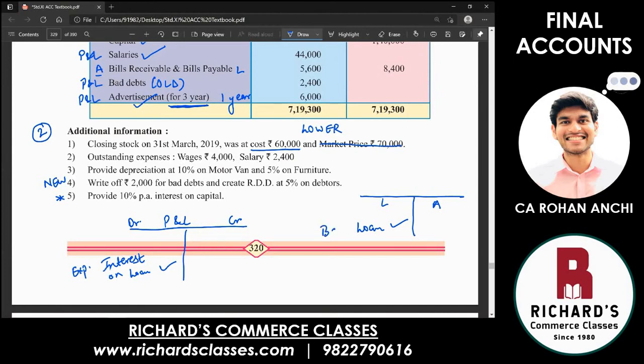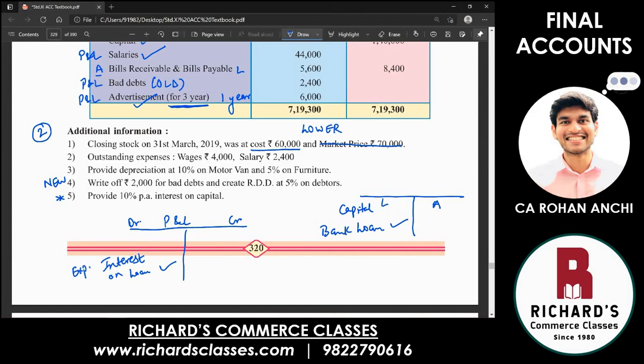The way the bank has given a loan to the business, the owner also has given money to the business. Owner and business are 2 separate things. Do not say that the owner is also the same as the business. No, we had studied that owner and business are 2 separate entities. That was the business entity concept, if you remember. So has the businessman given money to the actual organization? Answer is yes. Writing capital on the liability side, that is money given by the owner to the business. So that also is like a loan. Eventually, one day, this capital will have to be returned to the owner when the business closes down. So it is a liability.